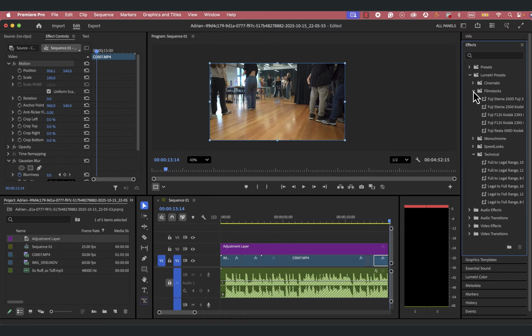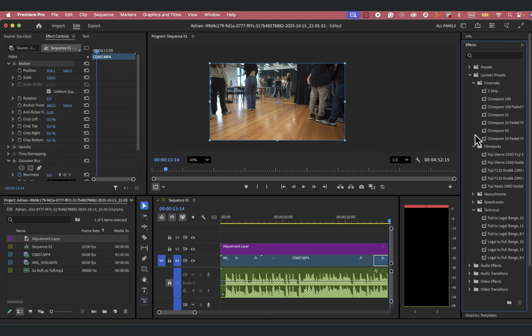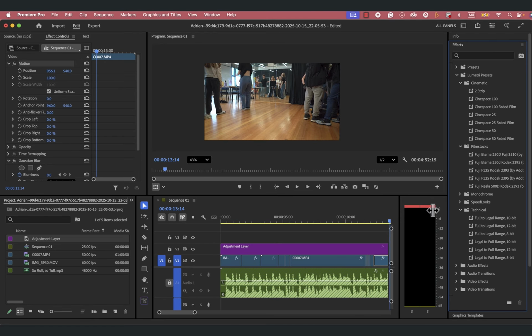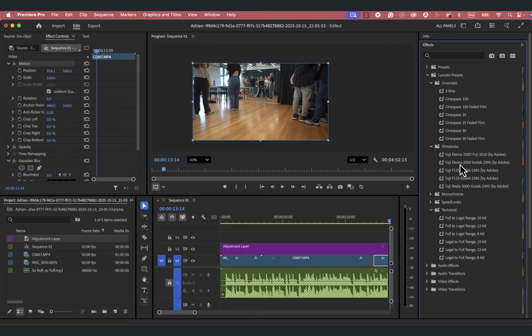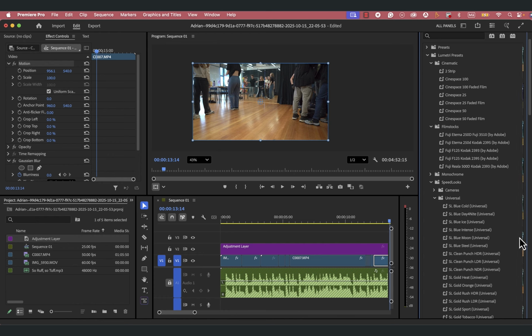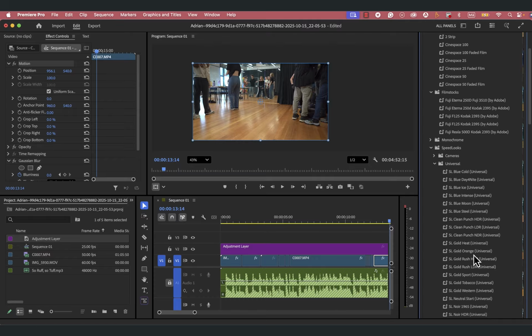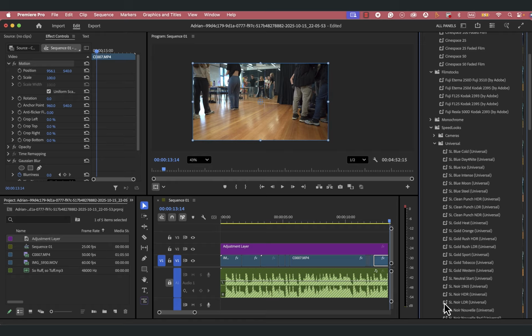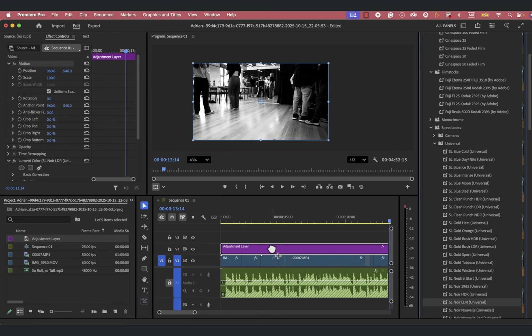let's go cinematic. I'll just pull it open a wee bit further so I can see it. So we've got all these different color specs. This is the one I want. Under speed locks there's one that says universal, and so I think in here there's some that are called noir. So I'm going to go for this one. I'll chuck it on here, and so it's a black and white one, and what you'll see is it comes